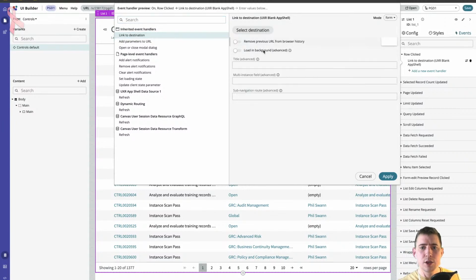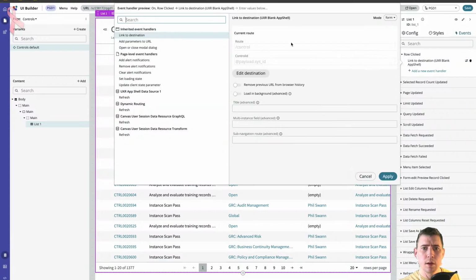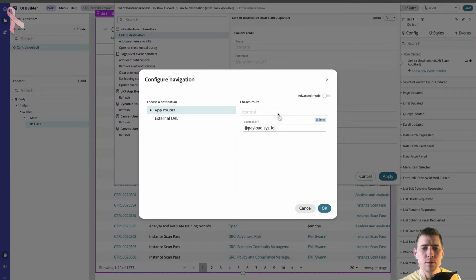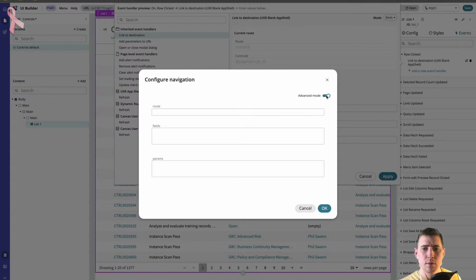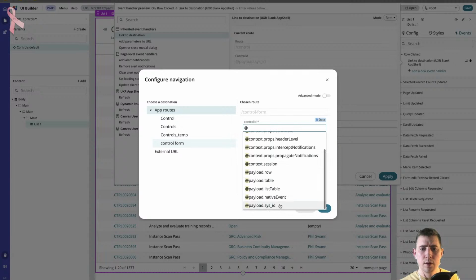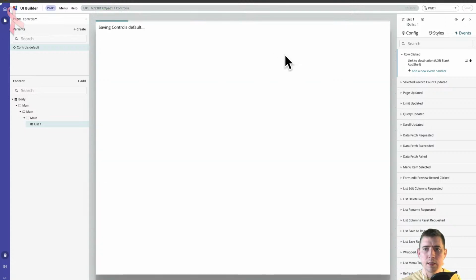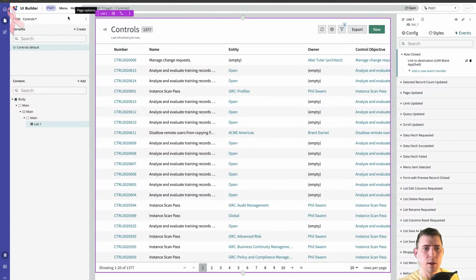Link to destination. So this is, what was it gone? Did I lose it? Cancel that. Link to destination. Edit destination. Right, I don't want to go to there anymore. Advanced mode? Nope. I'm not advanced yet. So I want to go to control form and pass in here my payload sysid. Okay. So if I do that and save, that should mean that in my page,